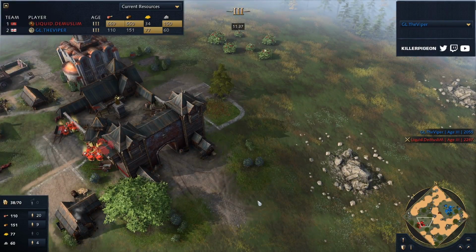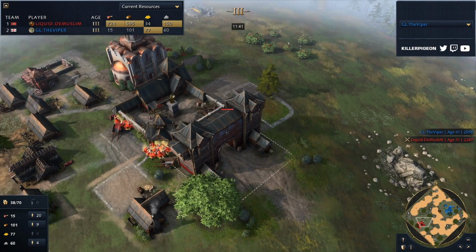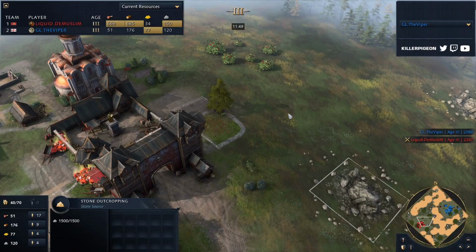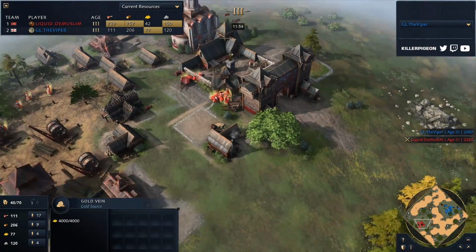The issue that DeMusliM has is he can't easily go into double TC because of the format of his base. Remember what we talked about, like saving wood on building a mining camp and just trading gold for stone? That's great. However, where are you getting your gold? Because right now,